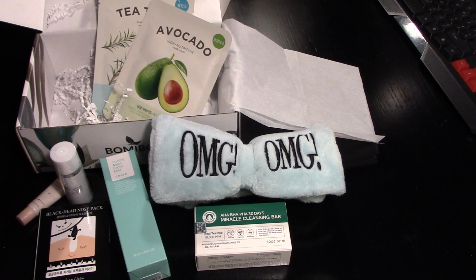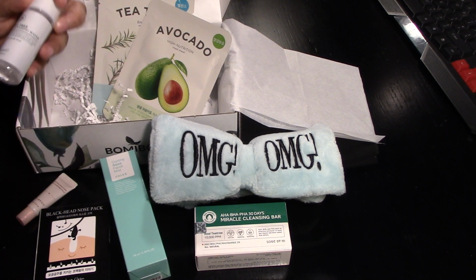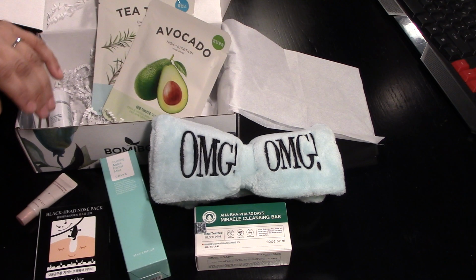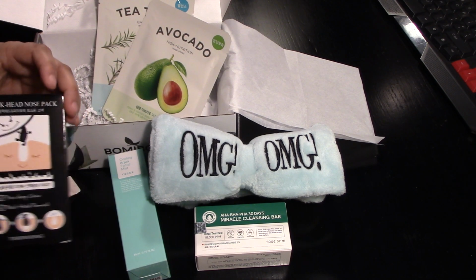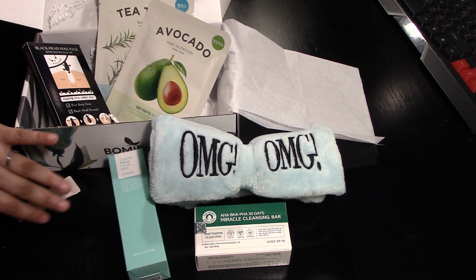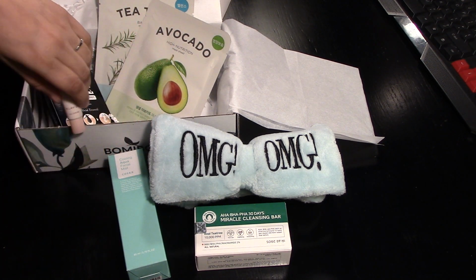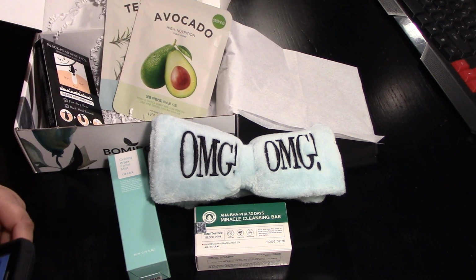You guys know that my one biggest beef with this box is that it doesn't come with an insert, which I think is not my favorite. So basically, the Benton Tea Tree Cleansing Water, the Tosu Wong Blackhead and Sebum Out Nose Pack, the Clavu Nourishing Lip Care Sleeping Pack Mini, It's Skin, the Fresh Mask Avocado and Tea Tree,